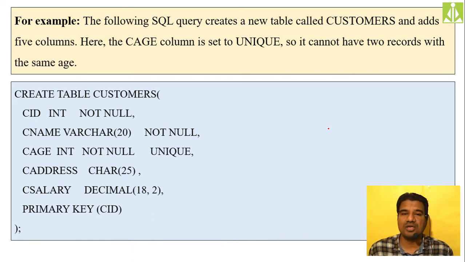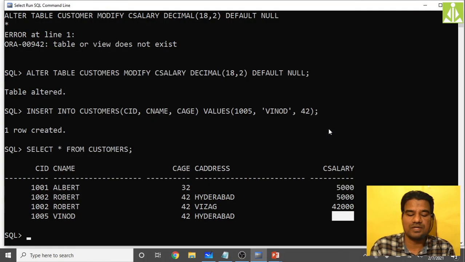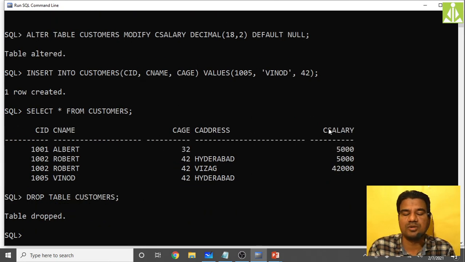So you have to give the entry for age, and you cannot duplicate it. Simply remember this one. Same conditions I'm imposing. First, simply drop table customers. Table got dropped.